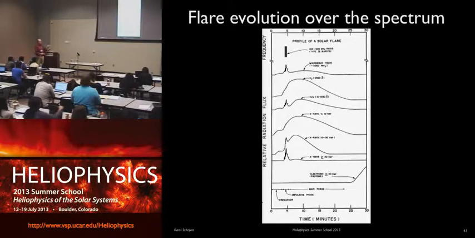And then there's the visible wavelengths that show you sort of a mix because they're, at least in the chromospheric part, sensitive to conduction heating coming down, and they're mixed with particles coming down at the initial impulsive phase. So I'm not going to go into this in detail. Just remember, every wavelength has its own behavior with its own temporal scales.